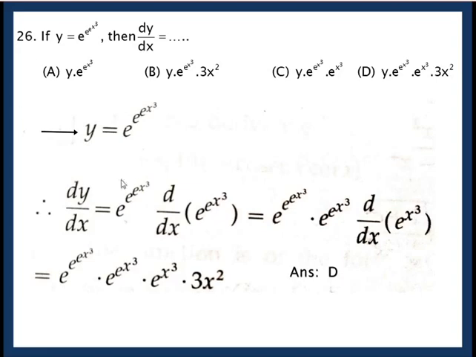Okay, so we begin with this. Now dy dx, derivative of e raised to is e raised to into derivative of index. This is the index. Same logic for the next part also. What is derivative of e raised to? It is e raised to into derivative of index. Again, what is derivative of e raised to? E raised to into derivative of index x cube, which is 3x square. In fact, the competition is between B and D. Clearly number of terms in B is less because we have to differentiate 2-3 times. So the correct option has to be D, Delhi.